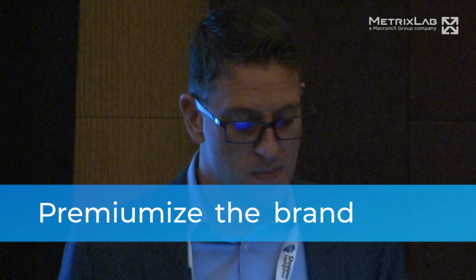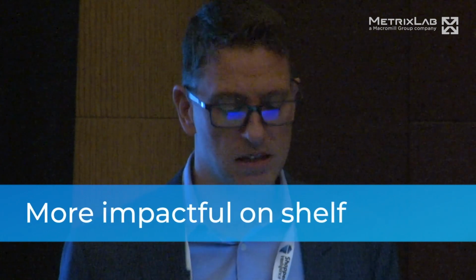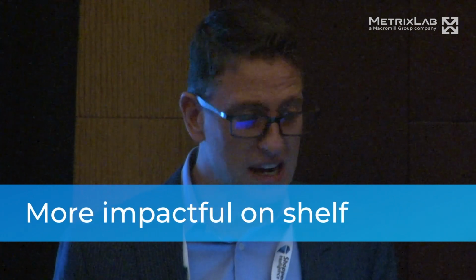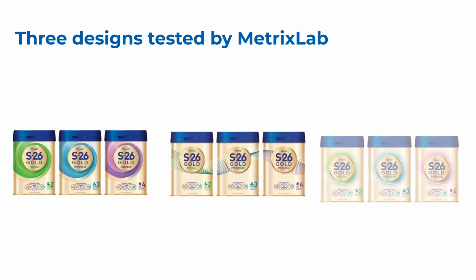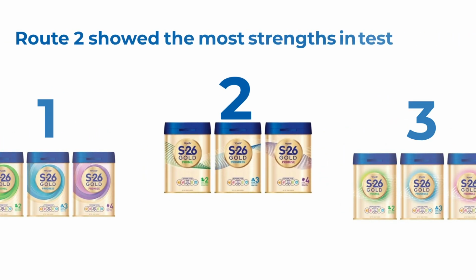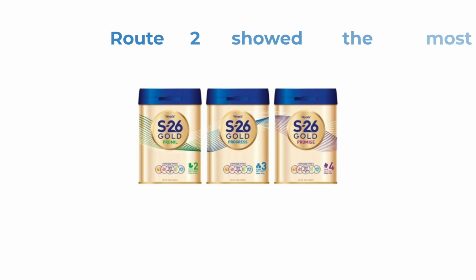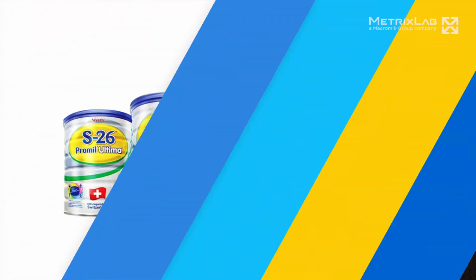We wanted to premiumize the brand, to make it more scientific and also more impactful on the shelf. So these are the 3 designs that we selected for test with MetrixLab. It was really cutting through the clutter. Whenever you had brand blocks there, it was easy for the moms to really notice the brand on shelf and